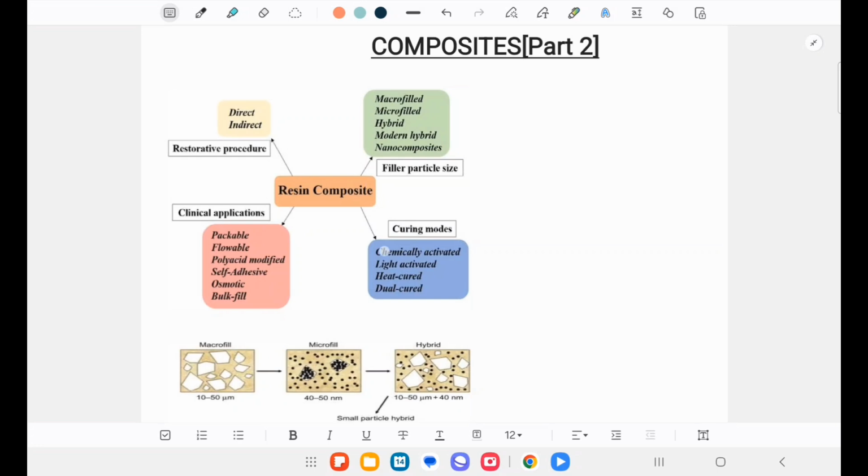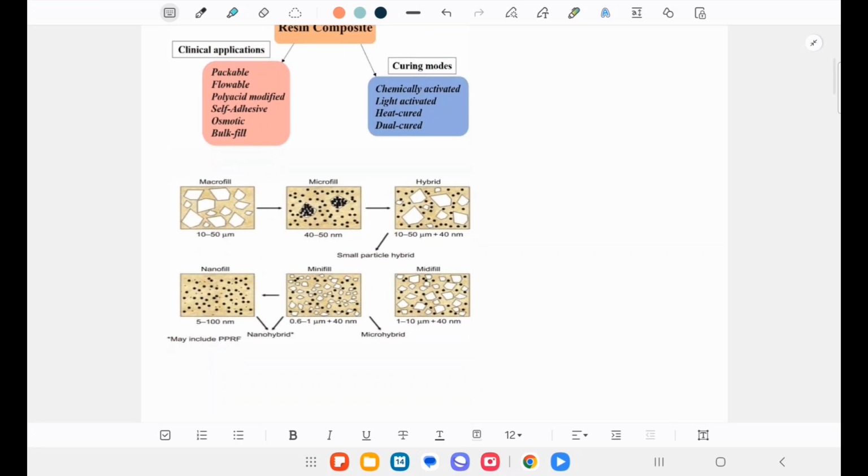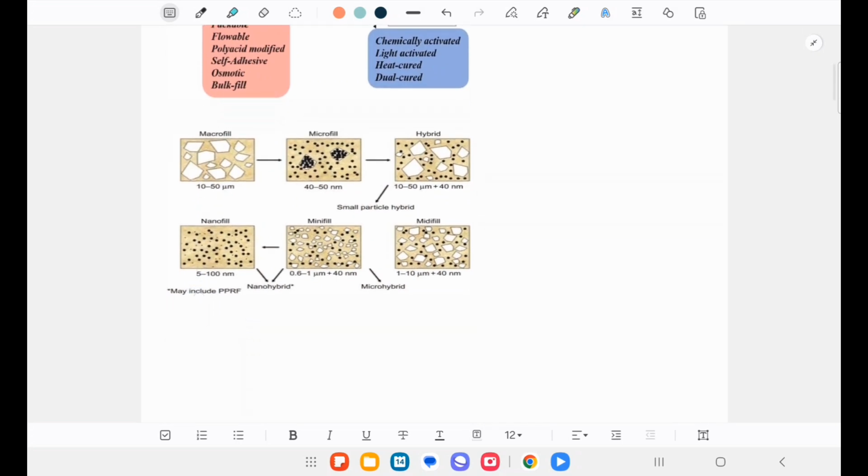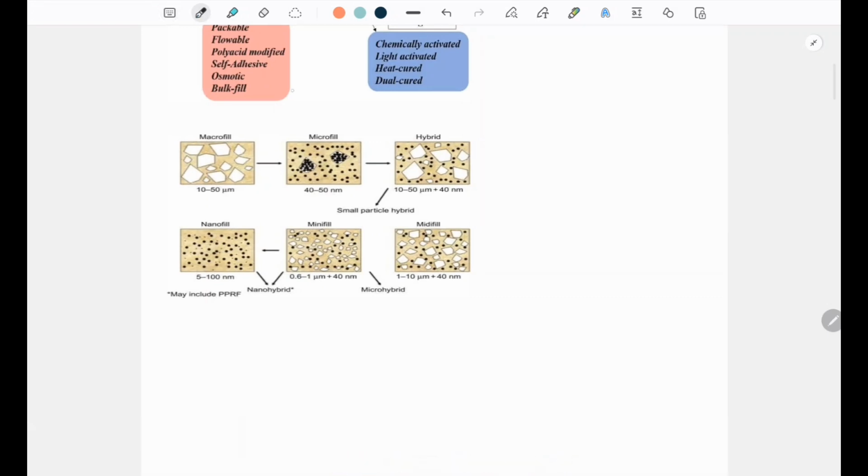First of all, resin composite is classified based on restorative procedure as direct and indirect, and filler particle size: macrofilled, microfilled, hybrid, nano hybrid, nano composites. On clinical applications: packable, flowable, polyacid modified, self-adhesive, ormocer, bulk fill. Curing modes: chemically activated, light activated, heat cured, dual cured. And then based on the sizes, and in this video we will see in detail about the sizes,